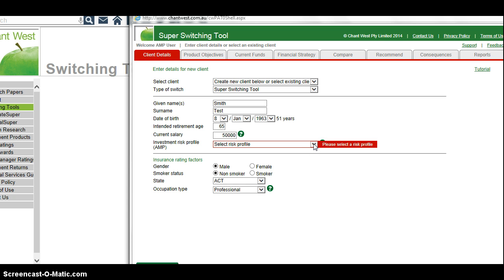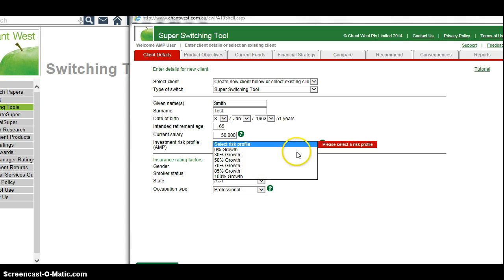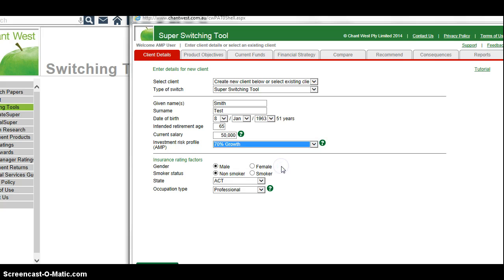Now their risk profile should have already been captured in the fact find, and so let's just say this time it's 70% growth, and whether they're a male or female, smoker or non-smoker, and what state. It will mostly be Queensland. And their occupation type,